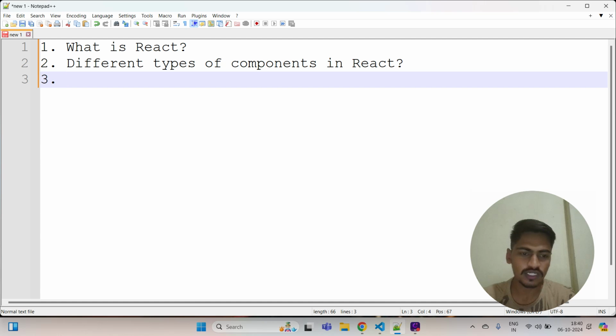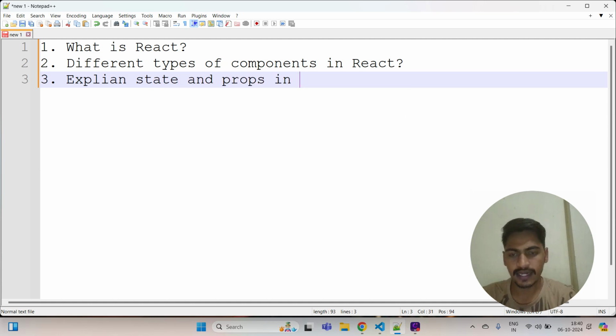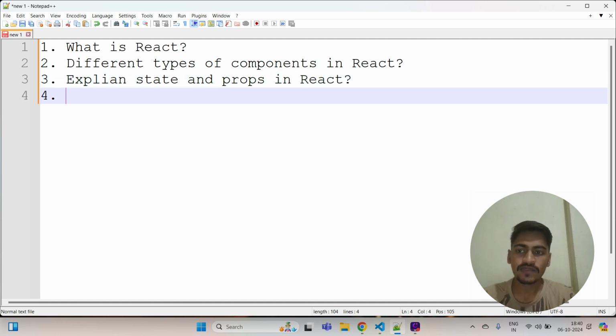Then the third important question is state and props. Explain state and props in React. You have to mention specifically for what purpose we use props in React. Props is just a short form for properties, and you have to mention for what purpose we use properties in a React component. Then state: basically state is a kind of variable in a component